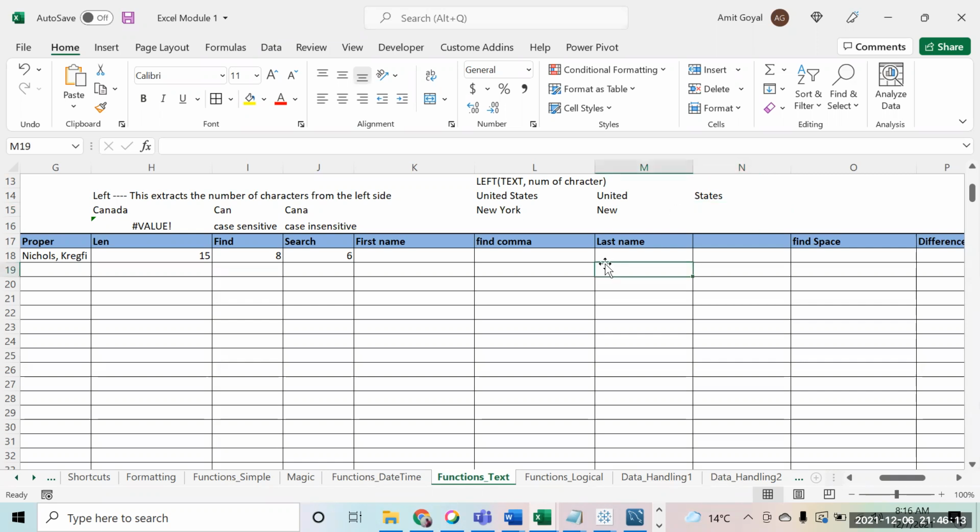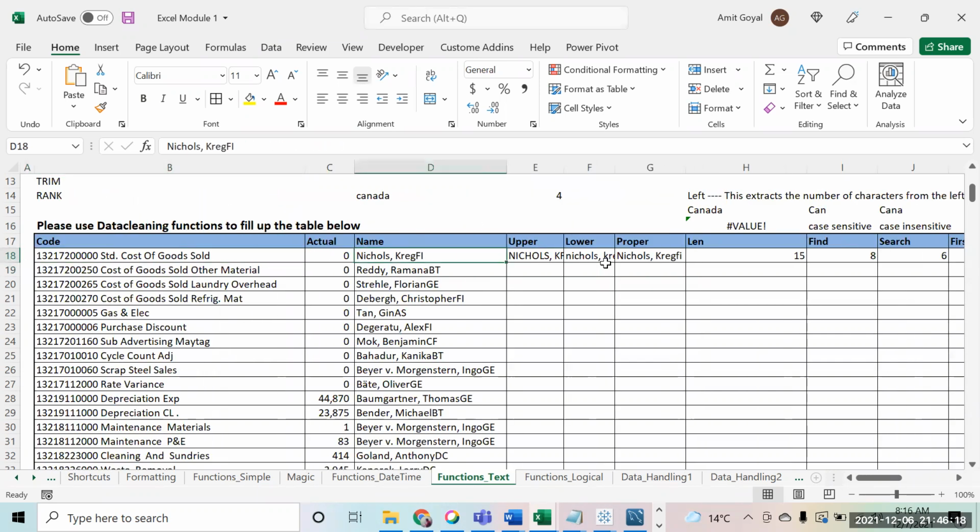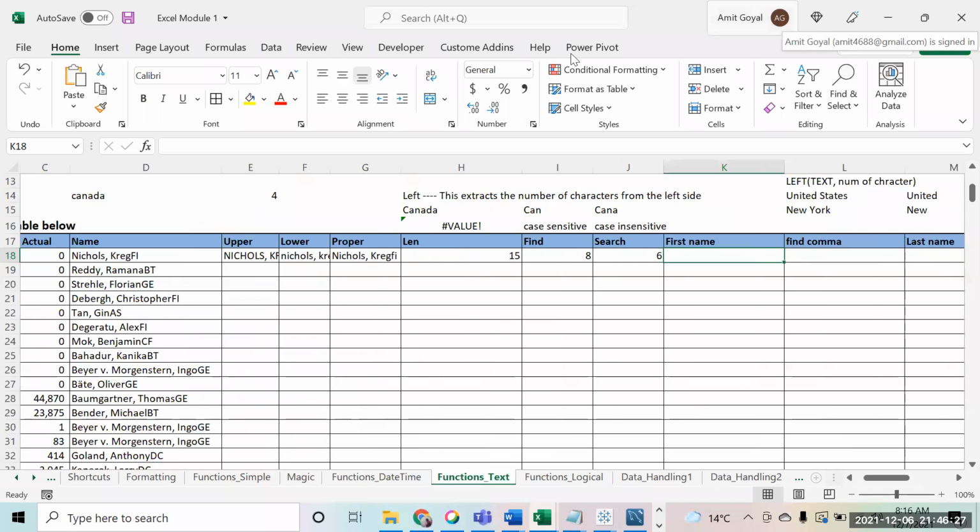So now, if I ask you to extract the last name, for example, you have extracted Nicholas, now if you have to extract the last name dynamically, how will you do that? Using RIGHT and FIND function. No. Try it. You have to try your hands. Figure out what could be the formula that will help you out.